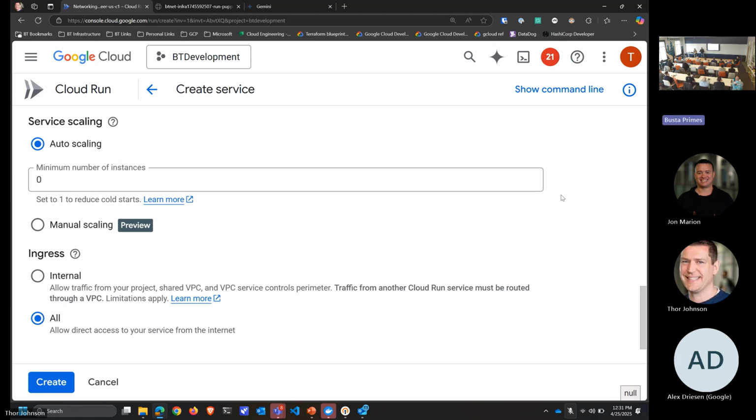And the default is 60%. So that means that if your app needs to scale on something other than CPU, you have a couple of other knobs. One is max requests. So default is 80 requests a second. You can go up to 1,000 requests a second per container. That will scale based on that, but most people don't do it based on requests.